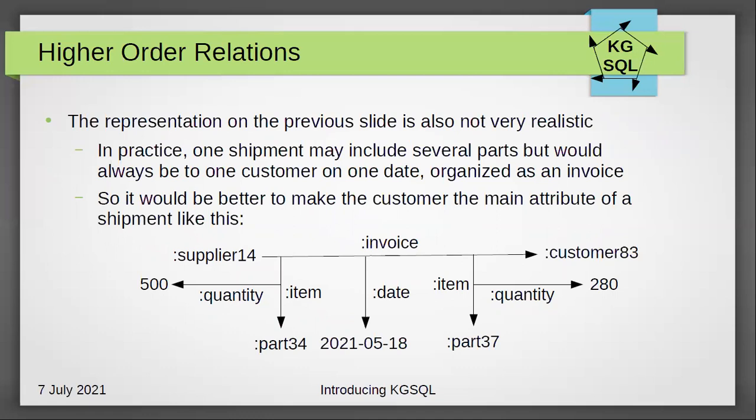So we want a relationship between the supplier and the customer. And the invoice then represents some sale that occurred on a particular date. And it has items that are part of the sale, and each item has quantity, and you can have other attributes as well, such as costs related to the different parts,